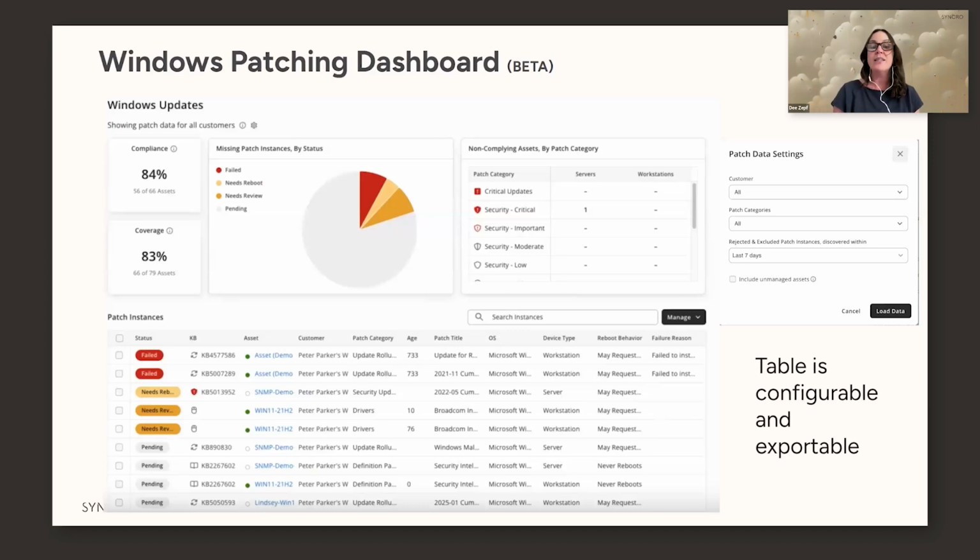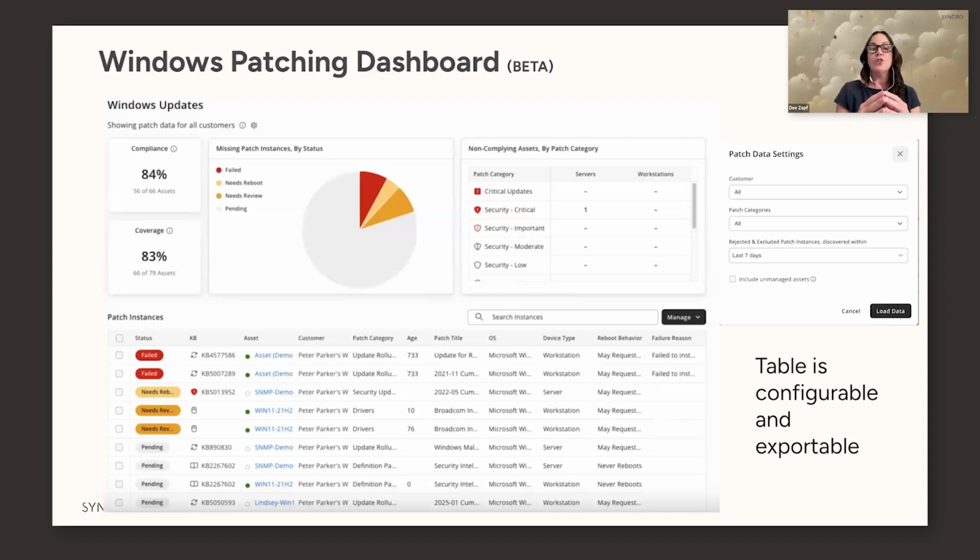So if you really want to take a look at what are the quick hits of high priority server patches that are missing, it gives you a place to really focus in and dig in to look at what's missing. The bottom part of the page is a representation of all of the data that's at the top. And you can actually click the settings cogwheel at the top and you can